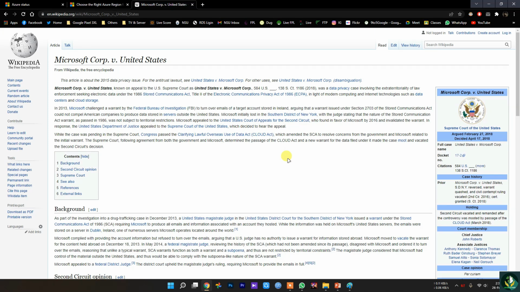What the cloud changes is that you have to think not just about where the data resides, but who also controls it and whose government controls them. So that's a complex yet highly important topic. So let's move on